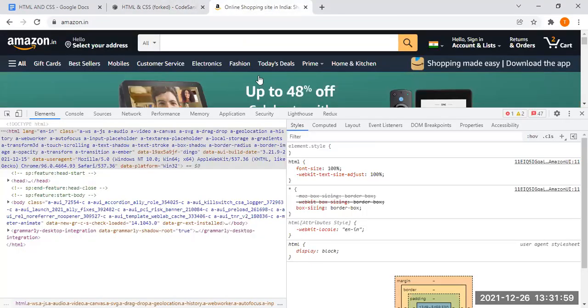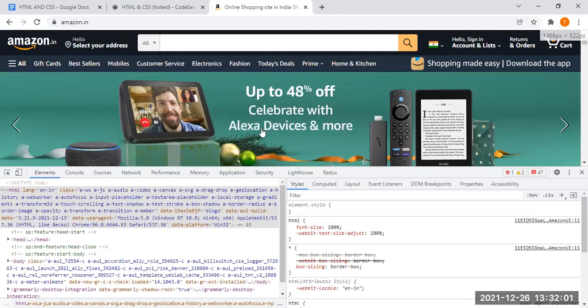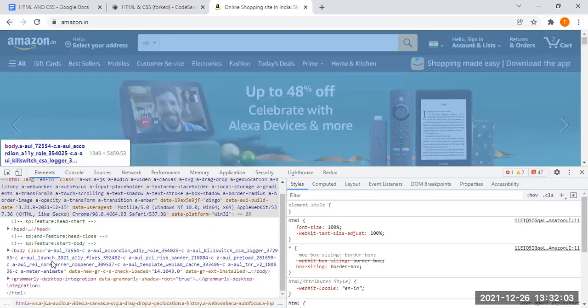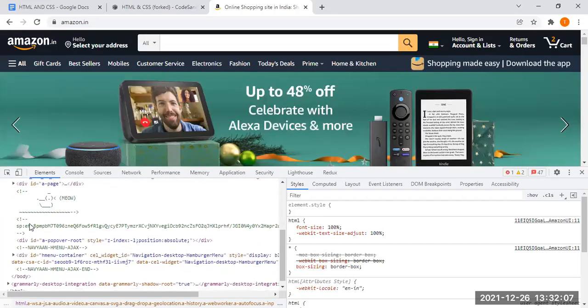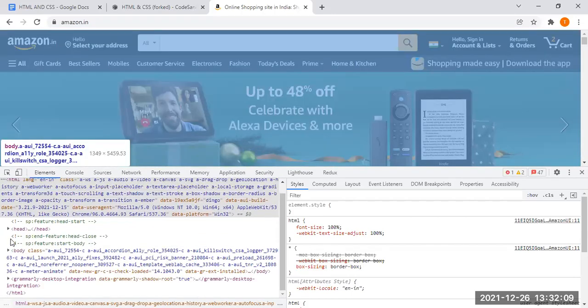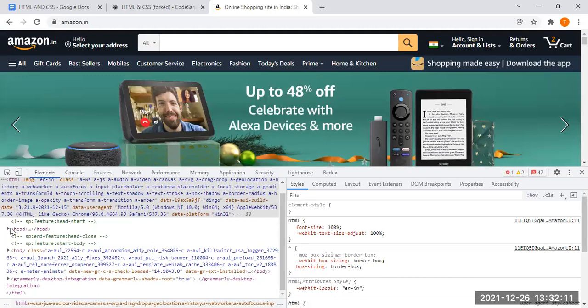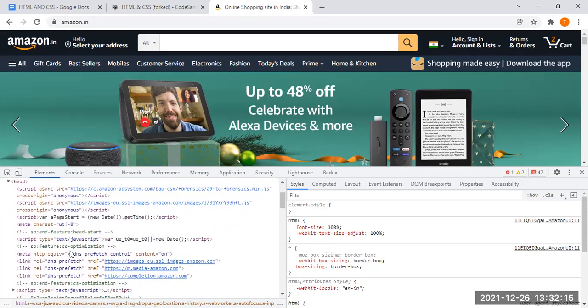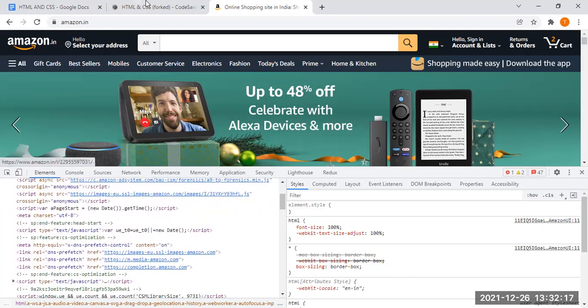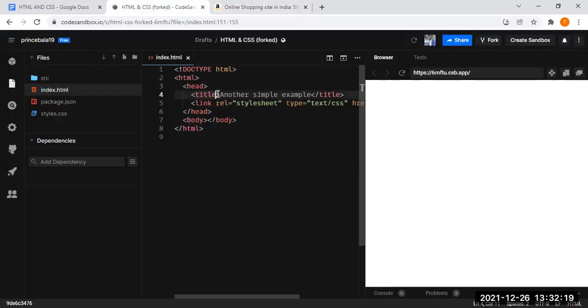Whatever you see here, that will be inside the body, like every division or whatever you want to see. And in the head, you can add the scripts, those kind of things as well. And one more thing, here there is an option called title. So whatever you add over here, here let me give